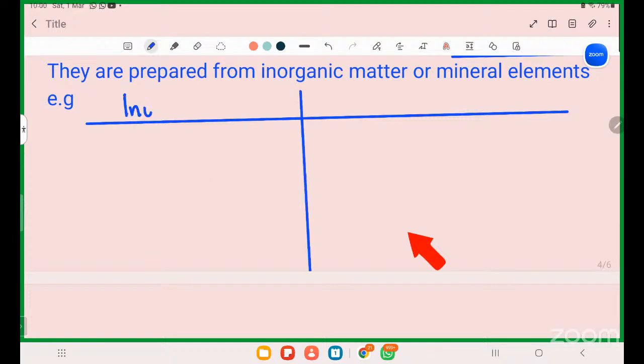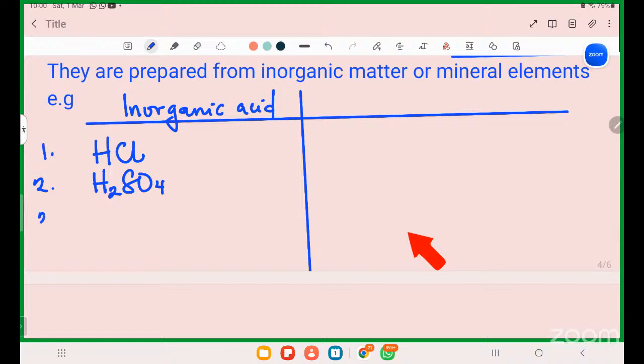So, inorganic acids. A common example is your hydrochloric acid, HCl. Another one is your sulfuric acid, H2SO4. Another example is your nitric acid. Another example is your sulfurous acid. So the sources,